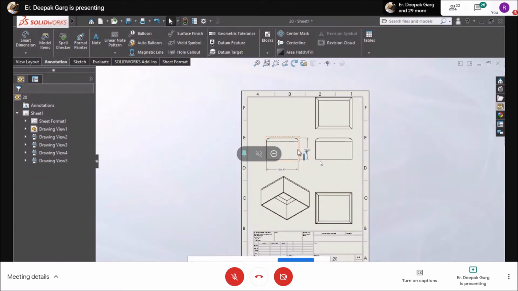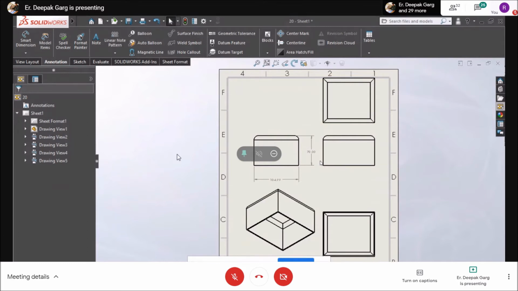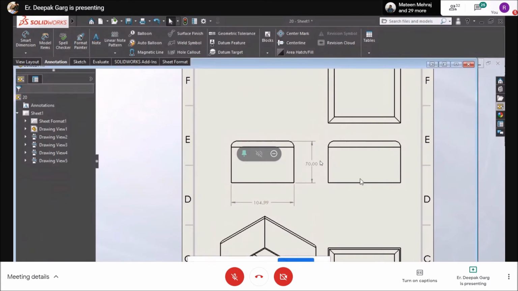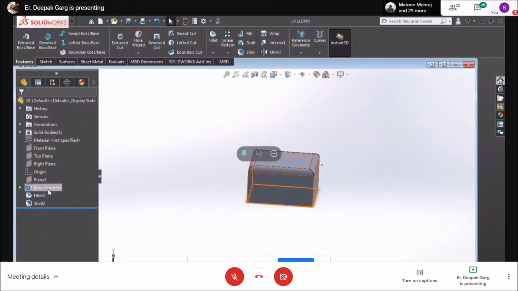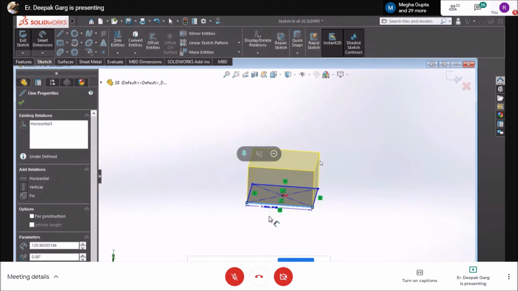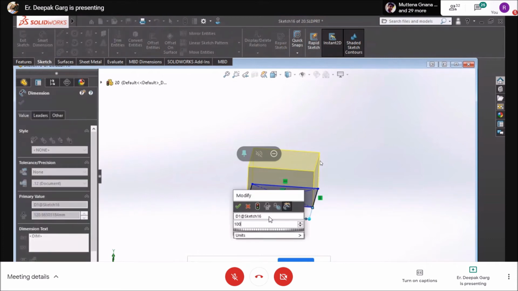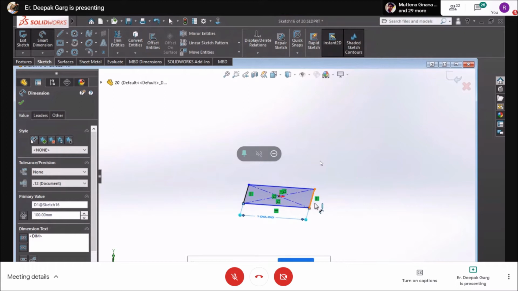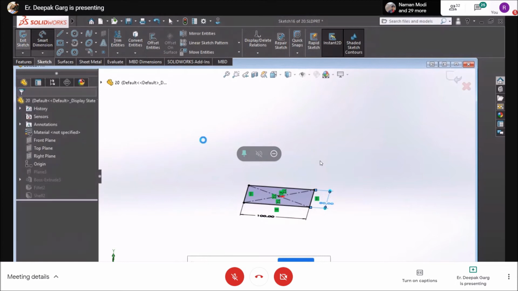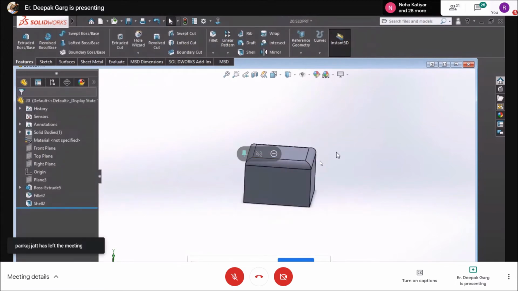Now the benefit of this drawing feature is that if, after making this drawing file, you make some changes on the original part, the dimension will automatically be updated. Suppose I change the dimension of my initial sketch. Control S to save it, minimize it.